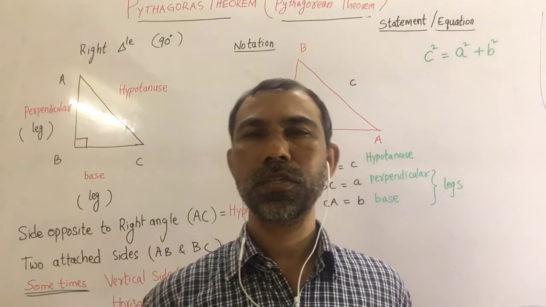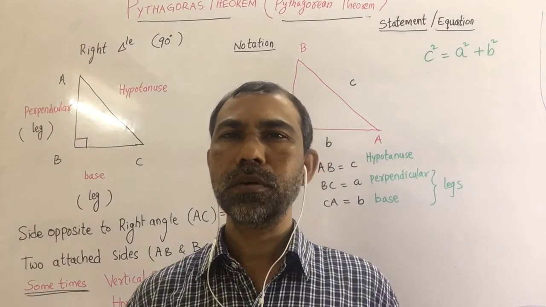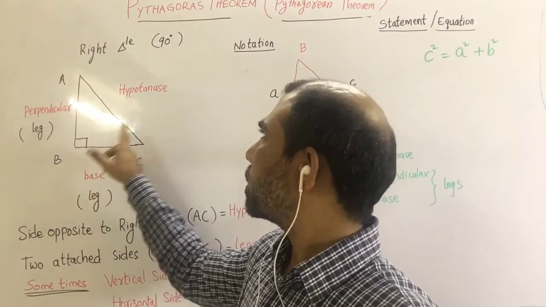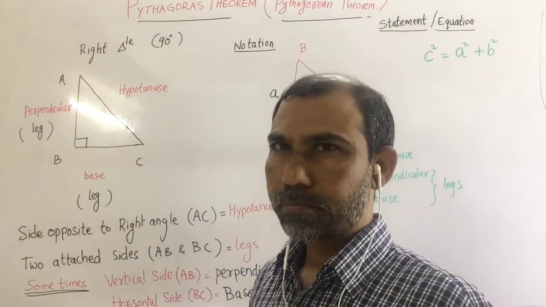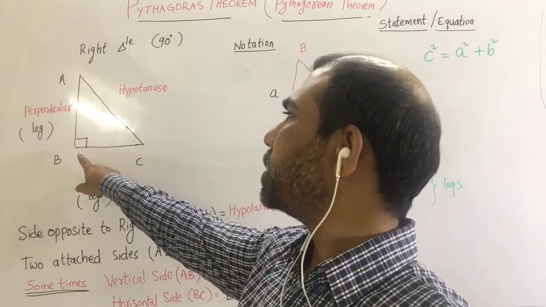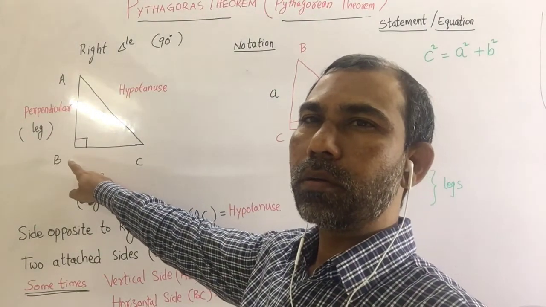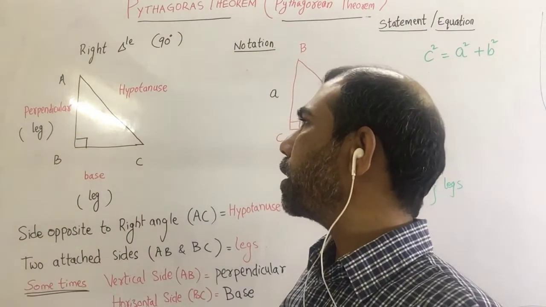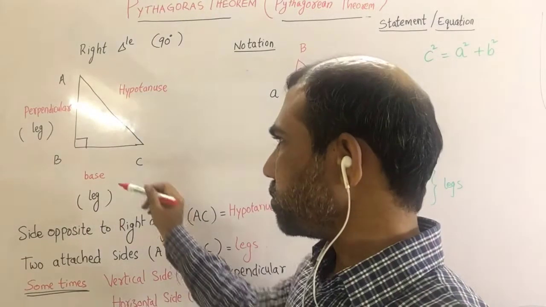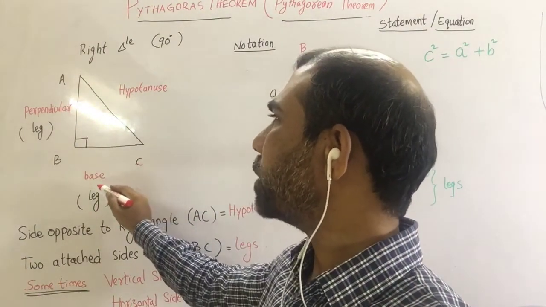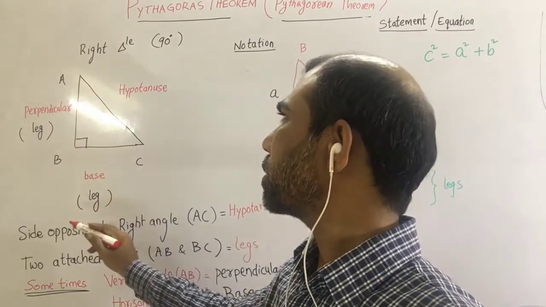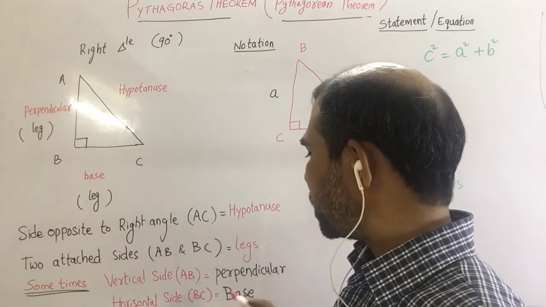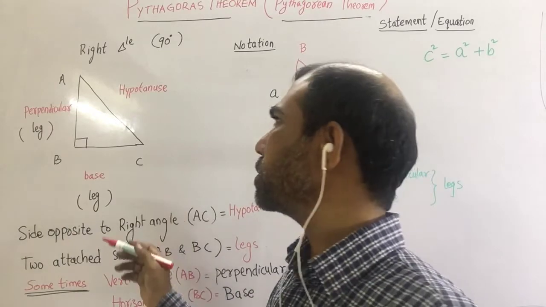Before starting the Pythagoras theorem, we need to understand a few terms related to the theorem: the hypotenuse, base, and perpendicular. The hypotenuse is the side which is opposite to the angle B, that is the right angle. The horizontal side is the base and the vertical one is called the perpendicular. Here AC is the hypotenuse, AB is the perpendicular, BC is the base, and sometimes the notation